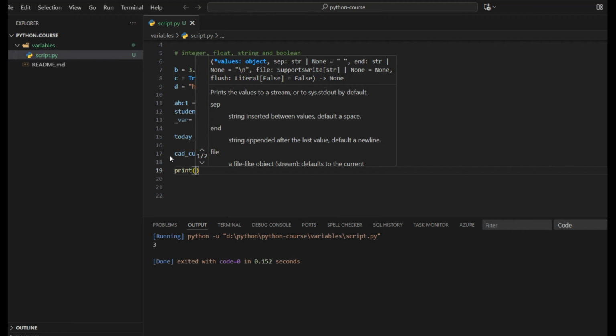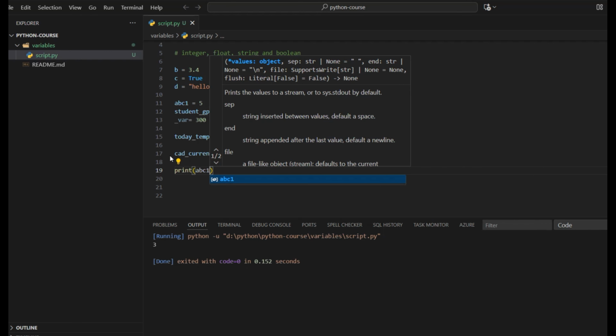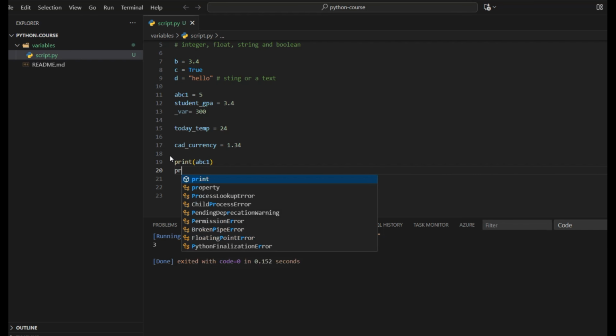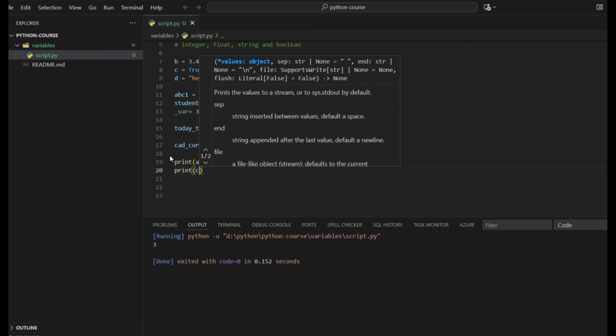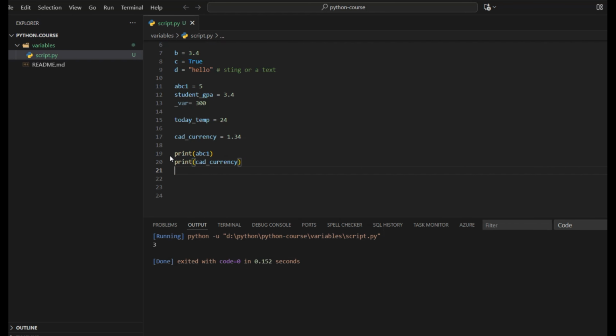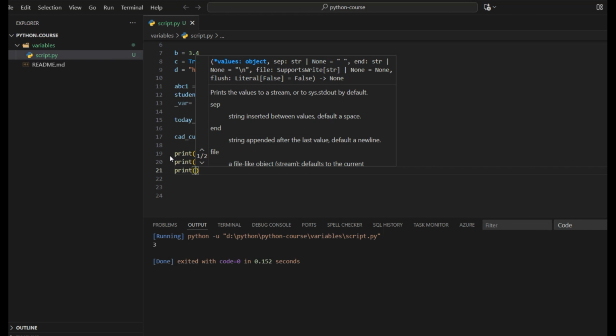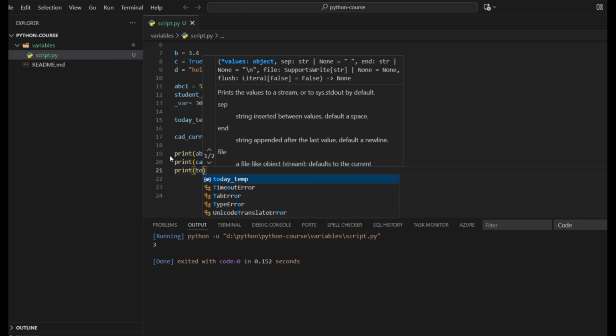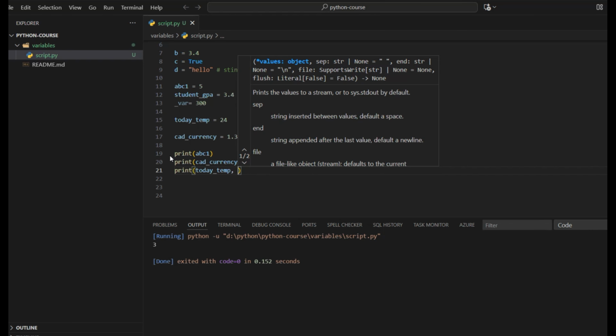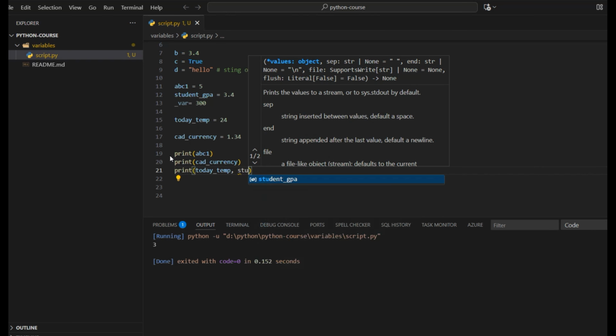As I mentioned, whenever we have the variable name in an expression, that means the value is being called or grabbed. So for example, I can print here ABC1. I can print CAD currency. I can print in a single line today's temperature and student GPA,